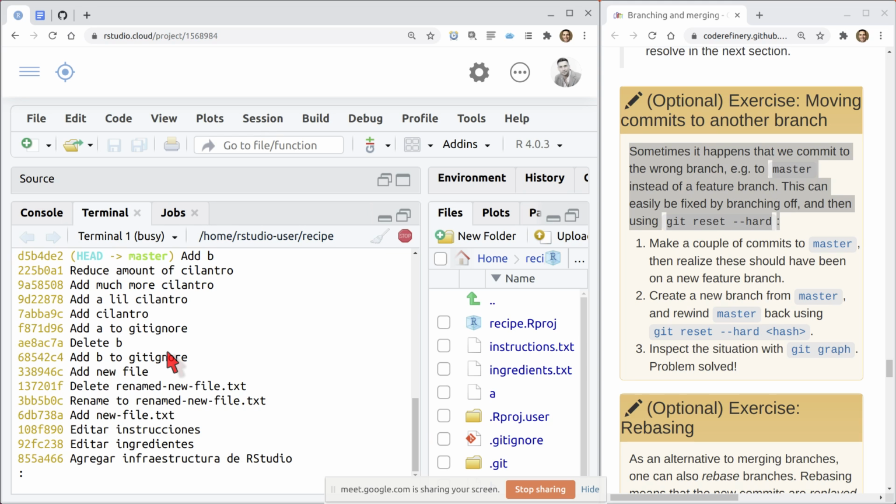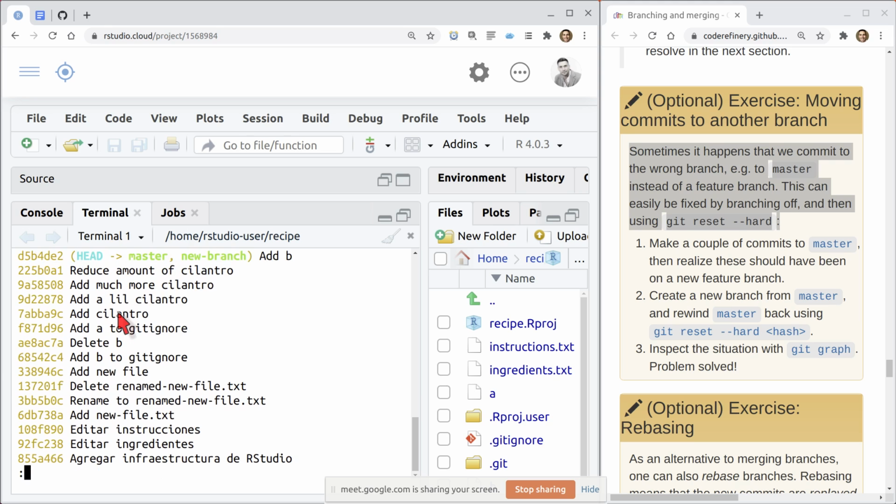So now you can see that this commit has been done in the master branch, but now I realize, oh shoot, actually I wanted to be working instead on a different branch. How do I do that? Remember that creating a branch, a branch is simply a reference to a commit. It's one way to give a label to, in this case, the commit that is at the top of the history of your repository. So if I now create a new branch with git branch, let's call it new branch,